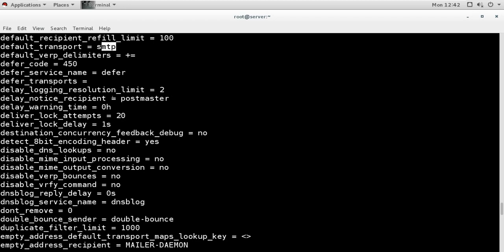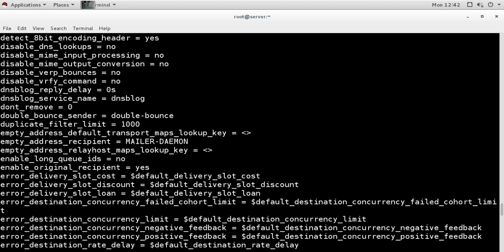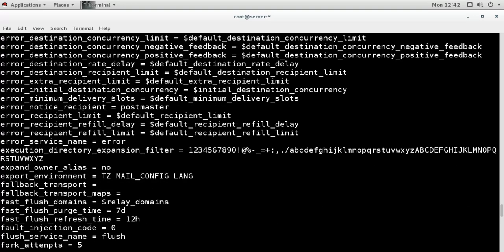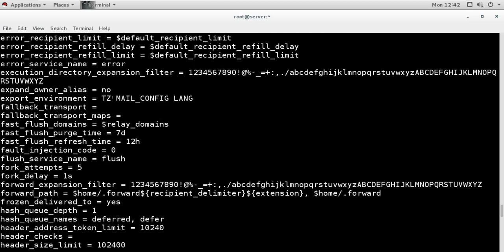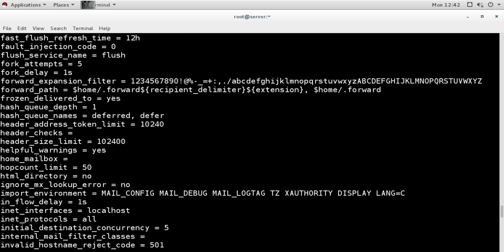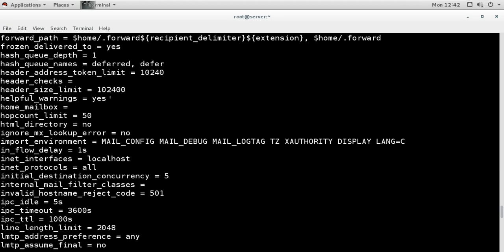Then when we go down, I will show you this important setting here. This is the important setting. inet_interfaces is equal to localhost, and this is why. Because of this setting, it listens to only localhost, and it will accept mail only from the localhost.